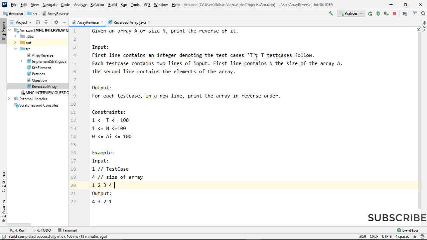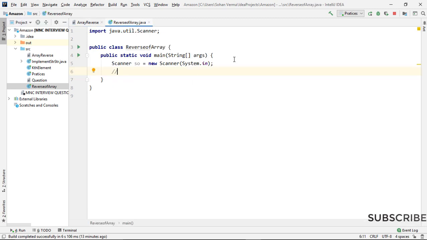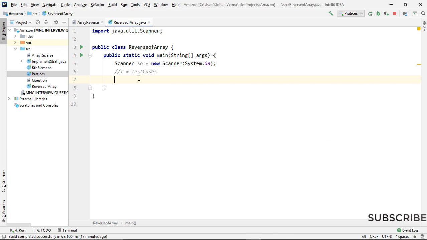First of all, we need T for the test cases. So int t equals scanner dot nextInt. So we are done with T.